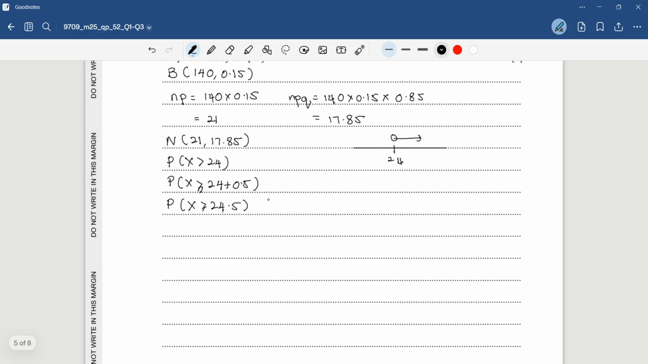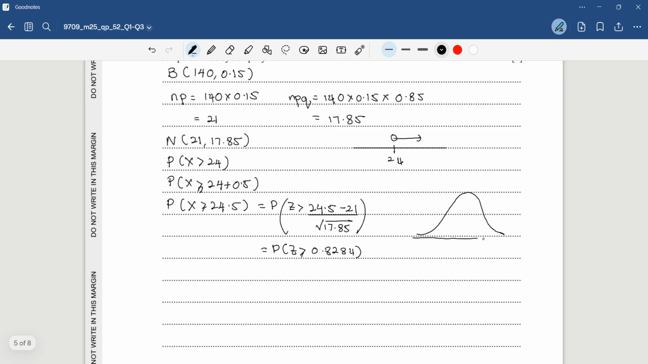And now we do the standardization. So probability z-score more than or equal to 24.5 minus 21 over square root of 17.85, so you'll get probability z-score more than or equivalent to 0.8284. If you refer to the normal distribution table,